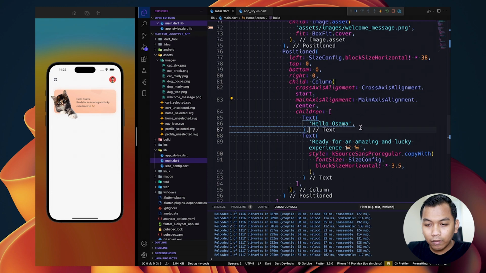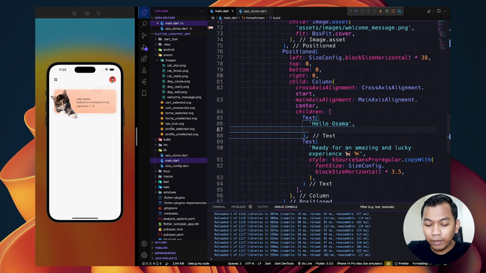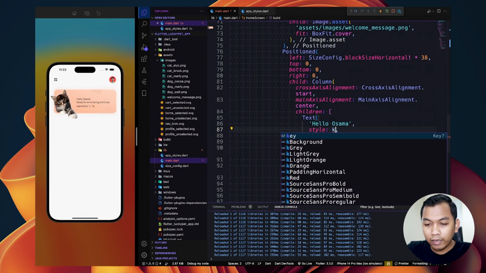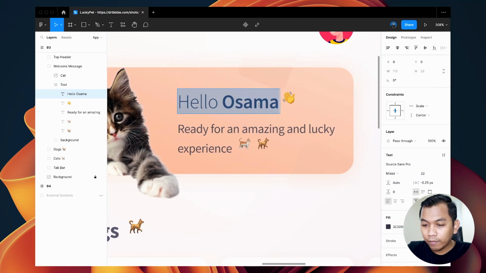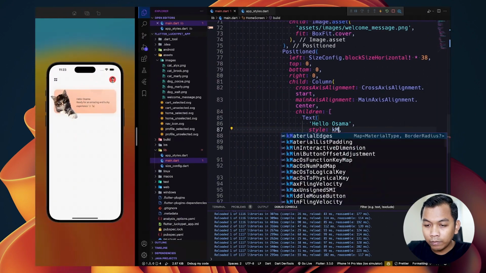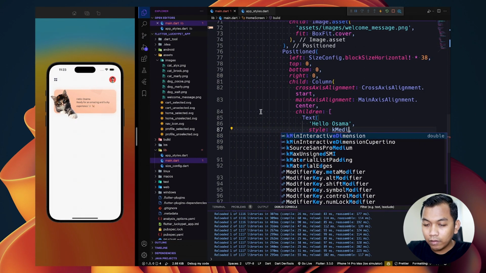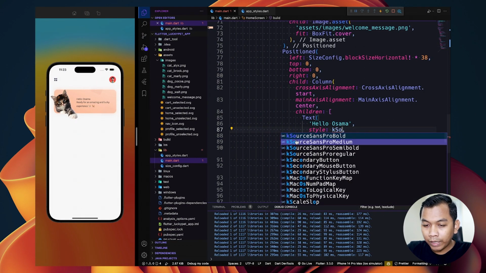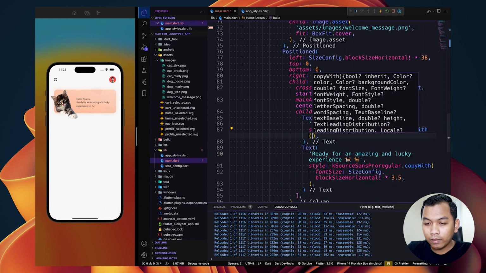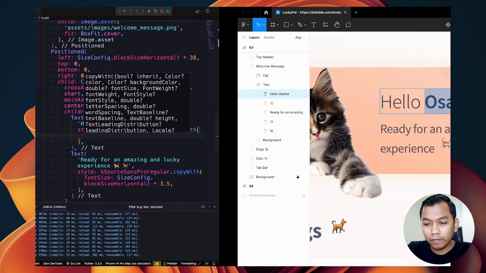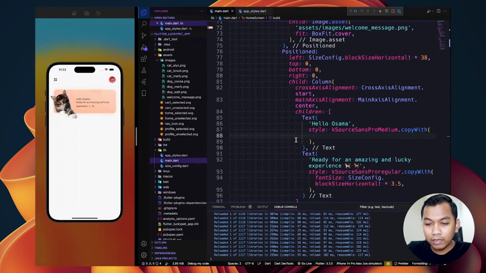And for this, maybe the style, the first is medium, and we need to change something like size.